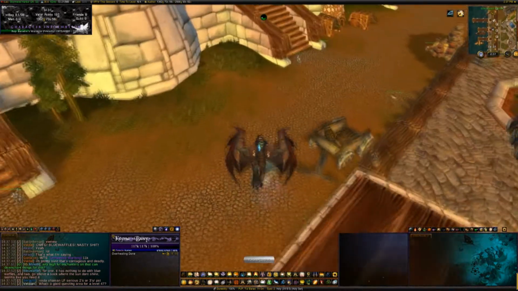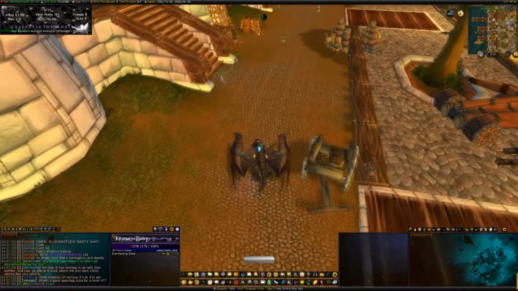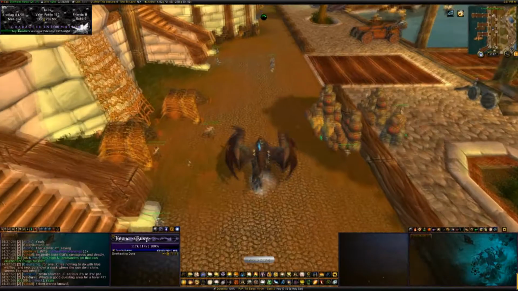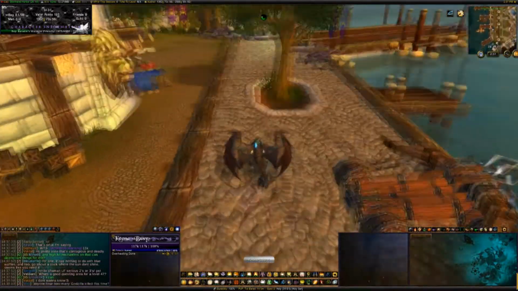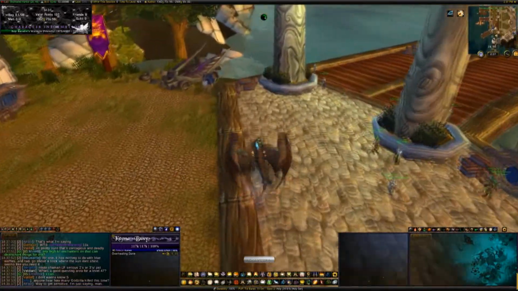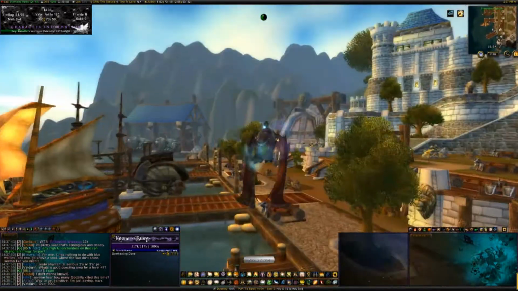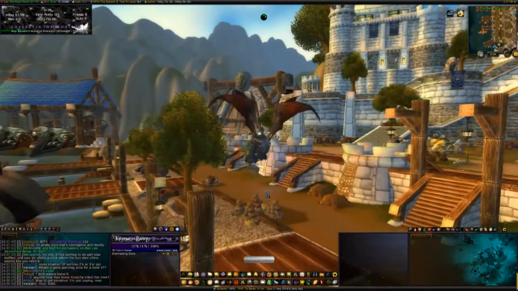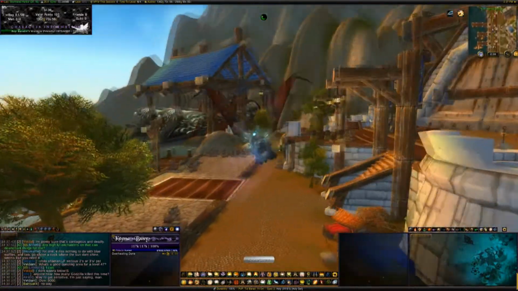Now moving downward, I have KG panels with a texture pack that I got from WoW Interface. If I had the name on me, I could tell you what it is. I'll have all that information because I am going to make this UI downloadable like I should have done with the last one, so people can, if they like it, download it. They can tweak it if they want to, I don't care. So yeah,